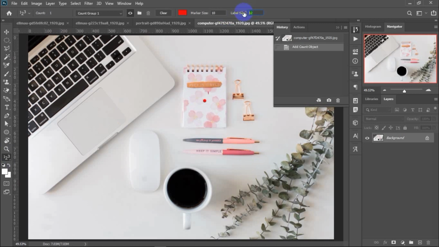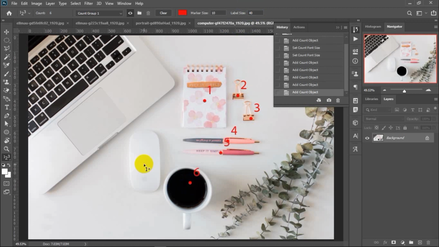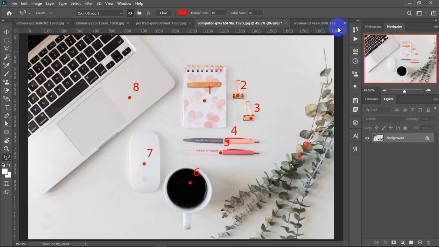You can increase the size. Let's just say increase it to 20. It's a little bit bold enough, or let's say increase it to 40. So it looks bold. Then you move to the next, you click, you have number 2, you click number 3, click 4, click, then you click on your mug, you click on your mouse, you click on your laptop. Let's just say we click on this flower here. It doesn't really count, but since it's an object on the table, let's just say basically we have